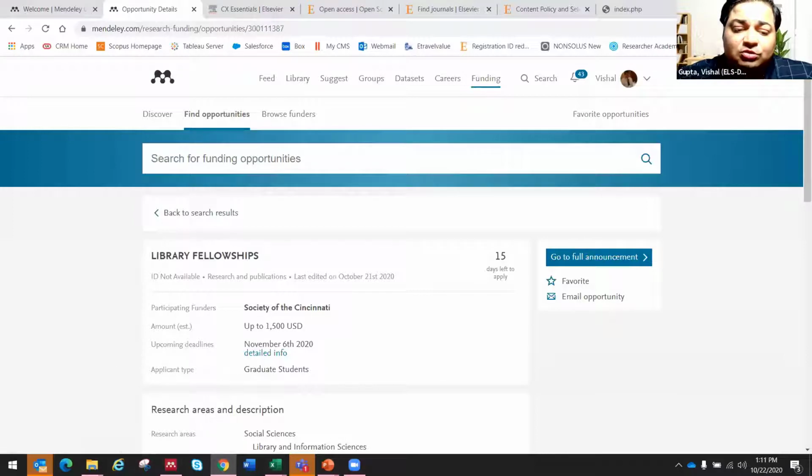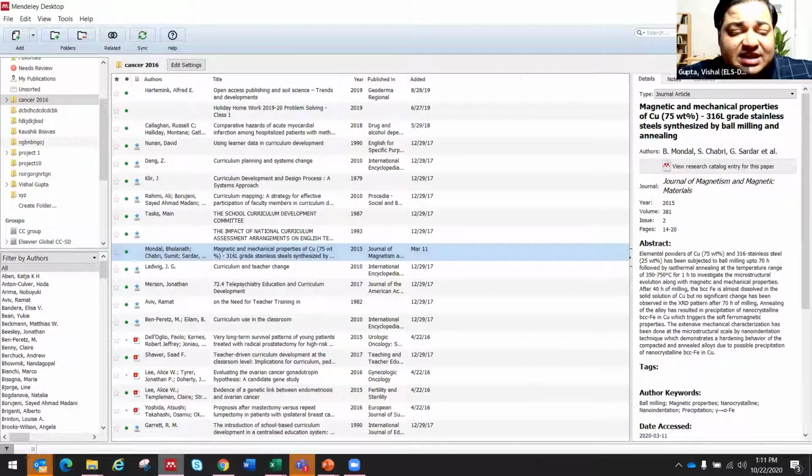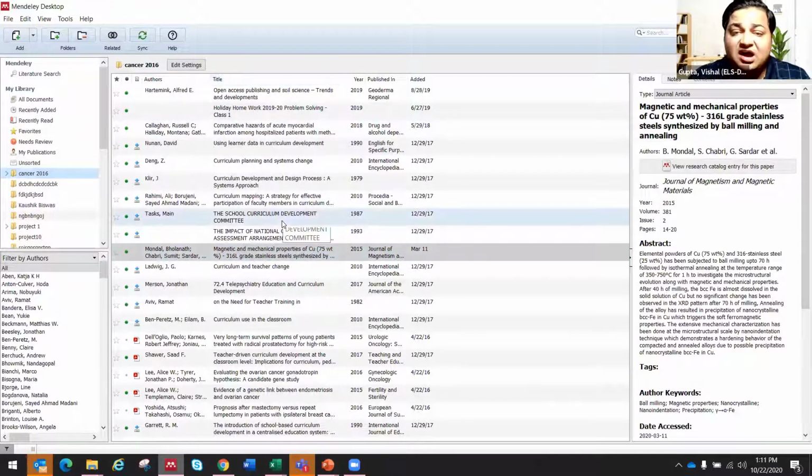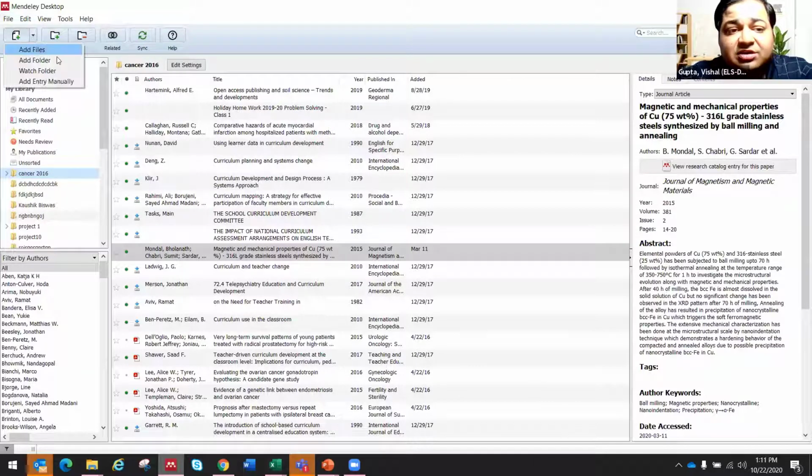Now let me take you to the software. So the software, you can see this icon here down below on my screen. When I open, the software opens up like this. Now you might be thinking that there are so many articles here. So I have actually saved these articles on Mendeley, right? And you remember how drag and drop and using the file, add files option, or directly adding files from this particular folder, right? So you can use all these options to add files to your Mendeley profile.